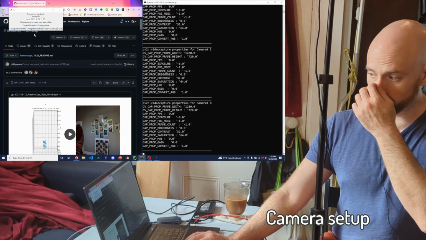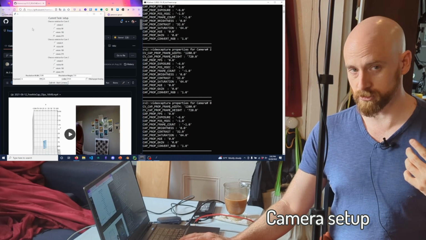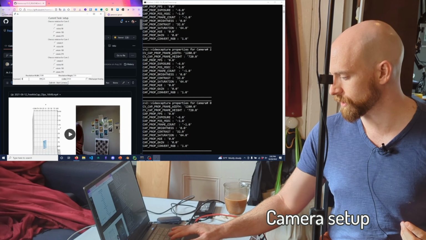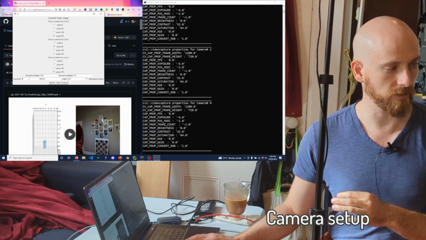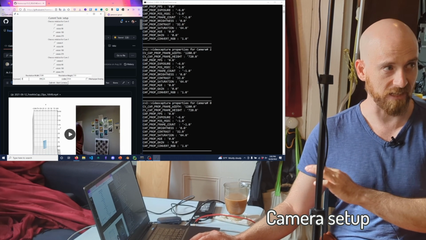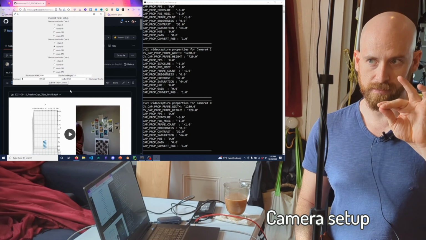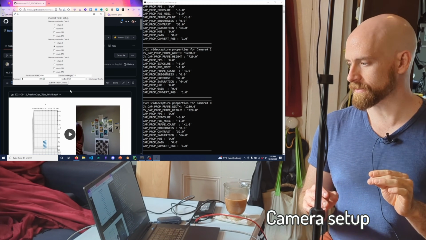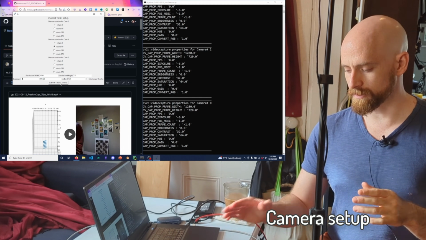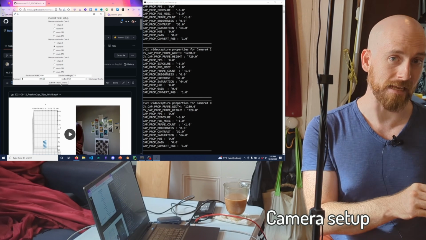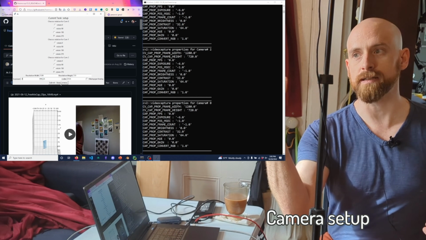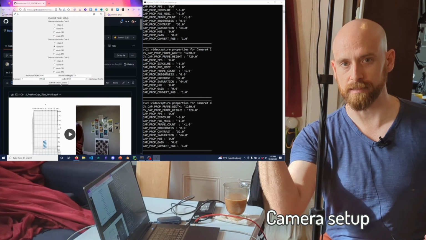So exposure is another one of these trade-offs where you want this number to be as low as you can get it. I think we're going to have to be at -7 right now. I wish it was like -8 or -9. The intuition here is that the lower the exposure, the shorter the amount of time that the shutter is open. So it gets less light, but any movement is not going to have enough time to blur in the image.